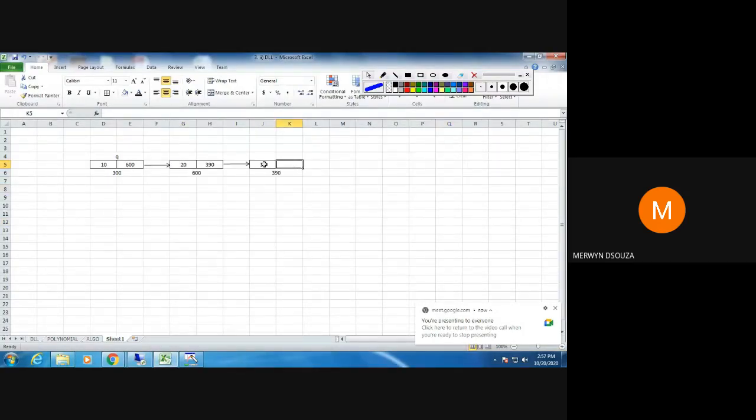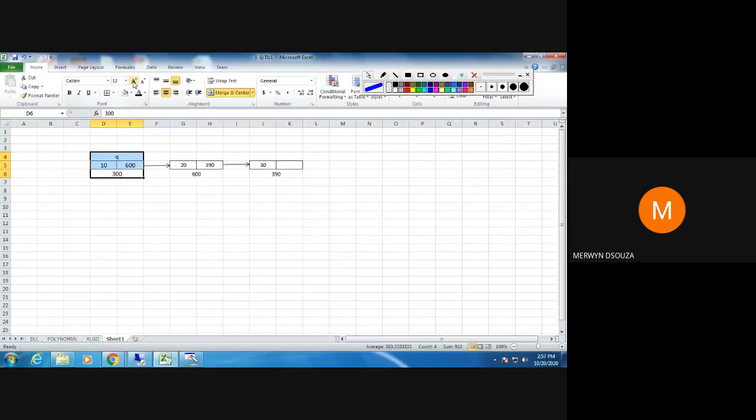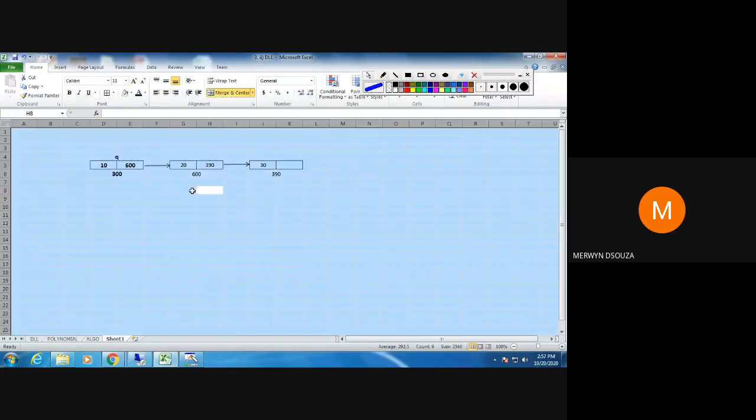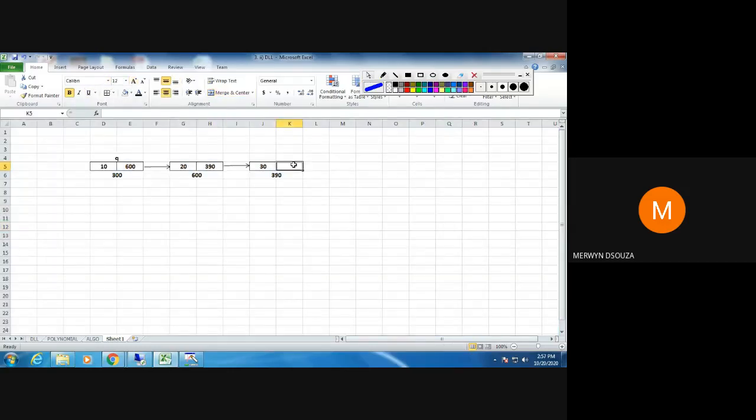In the last node of a circular linked list, the next part of the last node will contain the address of the first node. So the address of the first node in this case here is 300. So here it will be containing the address 300. So instead of being null, it will contain the address of the first node. That means a link will be formed like this from the last node to the first node.